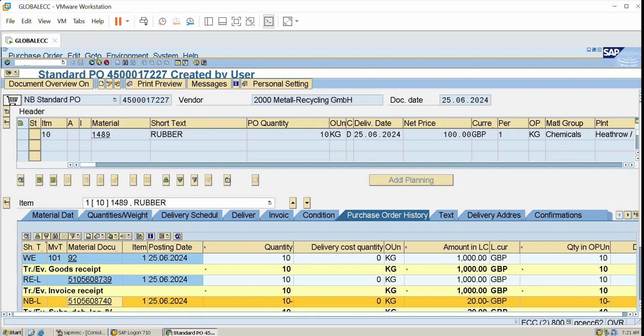Now they may ask in an interview what is the difference between credit memo and subsequent credit. Credit memo is entered to reduce excess quantity and amount, whereas in subsequent credit, the quantity is fixed but the amount is only reducing. Okay, and we need to know planned delivery cost and unplanned delivery cost. Planned delivery cost means the delivery costs which are planned in the PO itself. Example, freight, customs, condition types. These are all